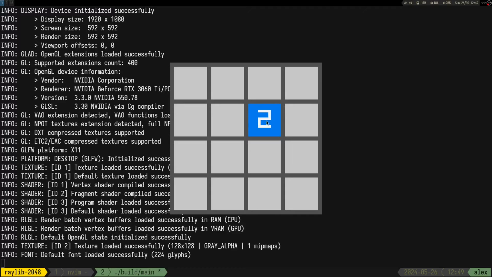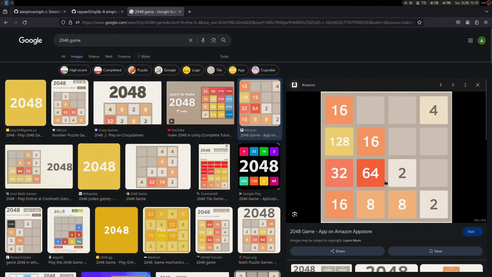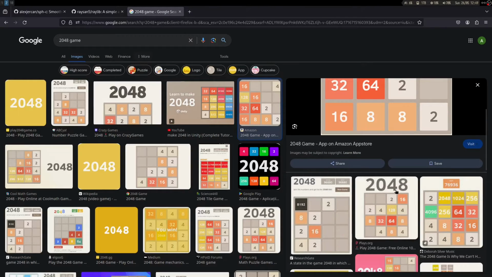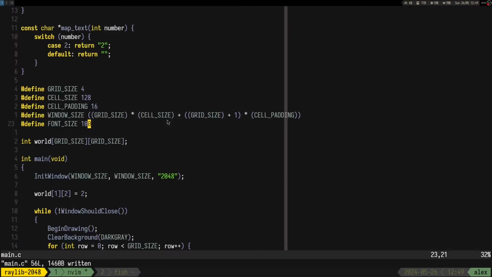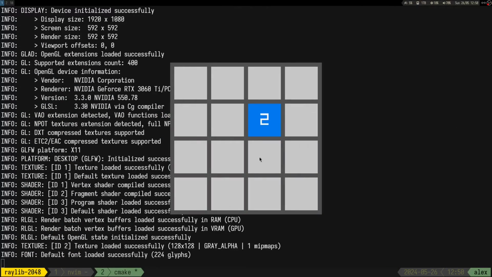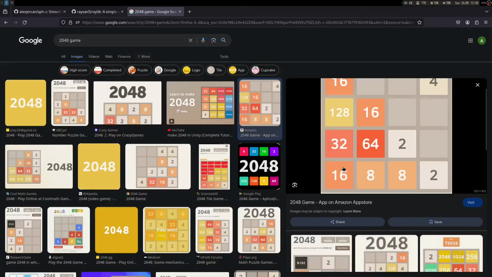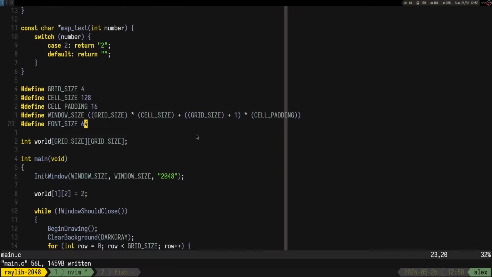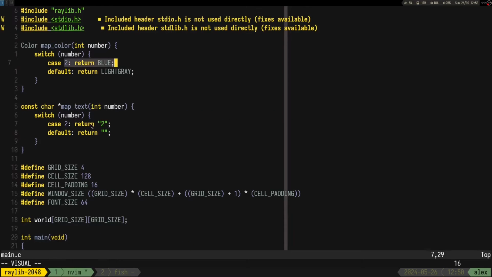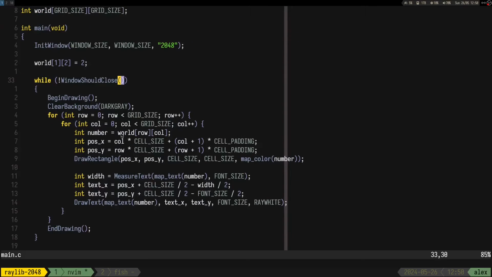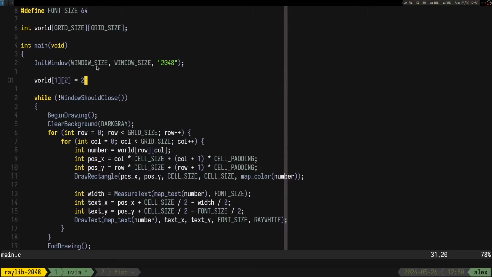Kind of too big. Once it gets to large numbers, it's going to be way too big. So let's say maybe 64. Right, I mean, this looks decent, I would say. Now we just need to add all the colors, all the numbers, but